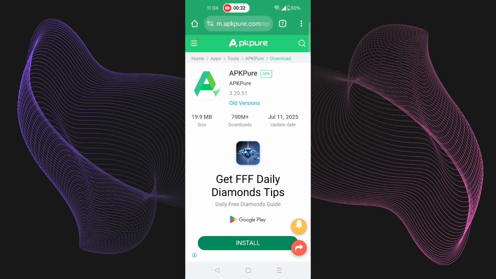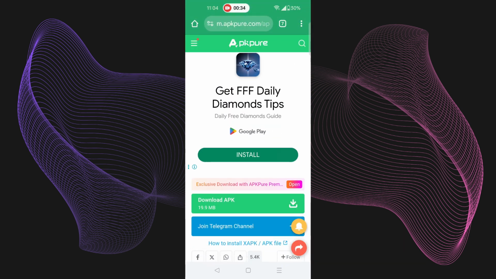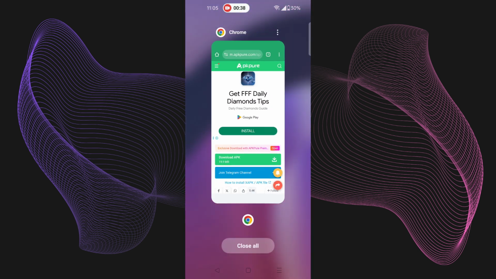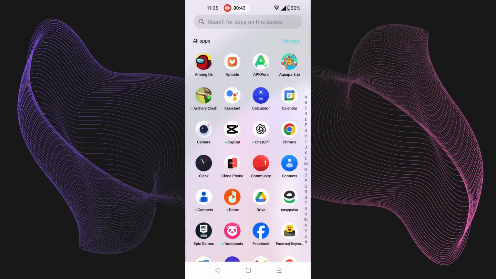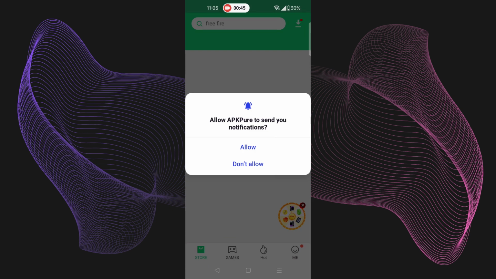So I already have it downloaded, but you just need to go ahead and press on download APK, and it's just simple. After that, you just have to download it, but be sure it's on your Android device. So once the APK Pure is downloaded, here as you can see, just open up the app,